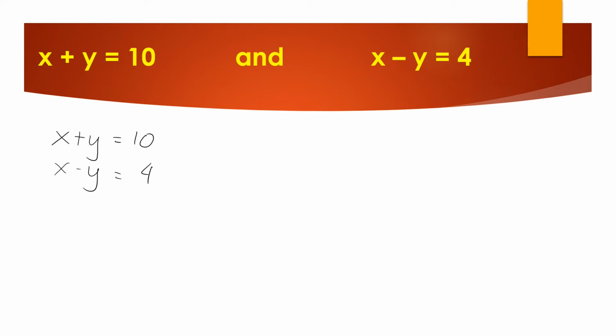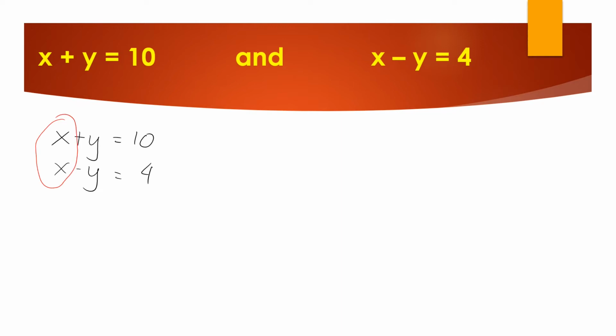That is one equation, so you have to write it completely. Not only x minus y, but x minus y equals 4, and you have to write x plus y equals 10 also the same. Okay, let's continue. In the elimination method, you need to eliminate x or y. Choose one of them. For this case, if you want to eliminate x,